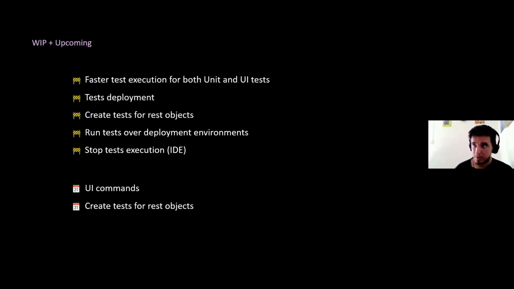And if you look at the change log, you may have seen that there is a possibility that we've been working on to create tests for REST objects, you know, the GeneXus object. You can make a REST call. We still have some missing details, but we're working on it, the communication service and a little bit more parameterization of the environment or URL you want to test, the service that you're working on and that you want to test. And lastly,